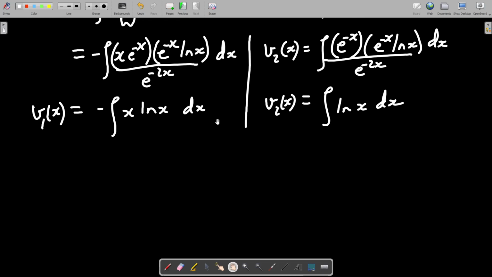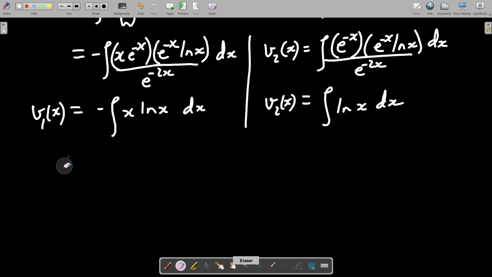Yeah, how do we deal with these integrals now? The first one we'll have to deal with the product rule, so we'll do that. Which function is to be integrated and which is to be differentiated? We'll differentiate ln x because it's easier to kill ln x. If you take the first derivative of ln x, it cancels out with the algebraic term here.